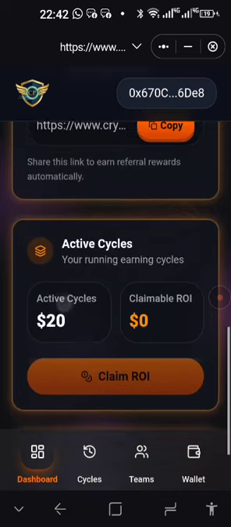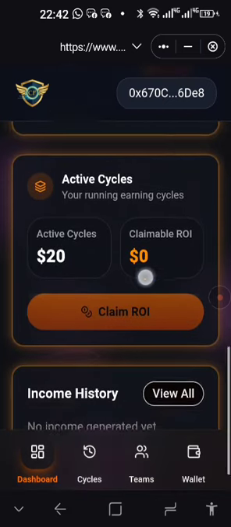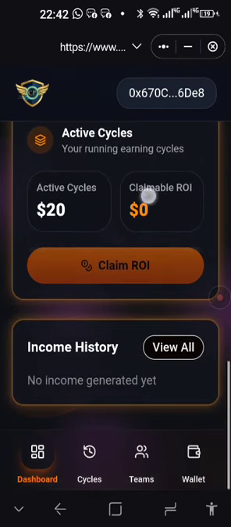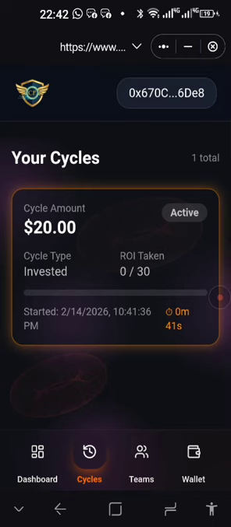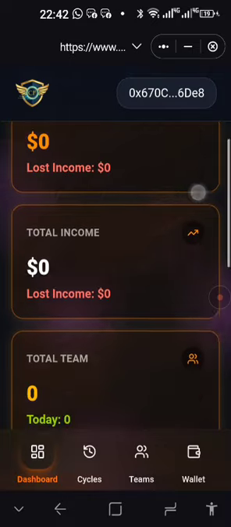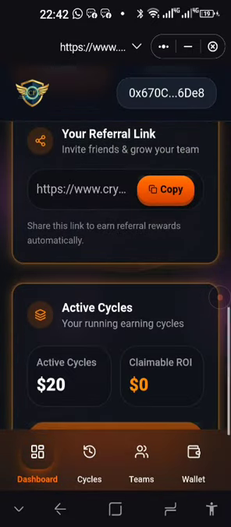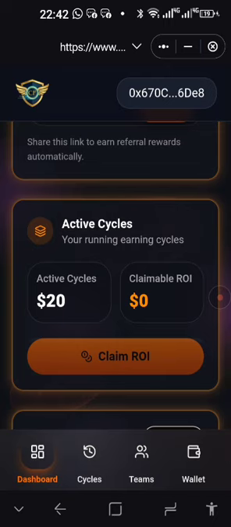Your active cycles deposit is here. Your return on investment will appear here after 24 hours for the next 30 days. Your cycles is at the bottom. This is the cycle, so this will update when you claim your first ROI. So what we suggest is you leave your ROI until it gets to $5, and then you claim it, because you pay about 5 cents for each ROI claim. And ROI does not stand for return on investment, it's rewards on investment, because we're getting rewarded for participating in the Crypto Fortune smart contract platform.